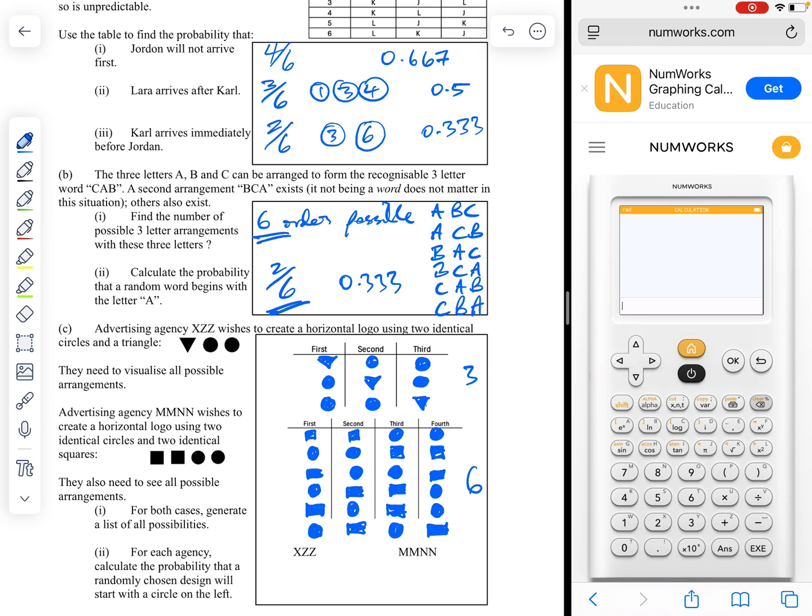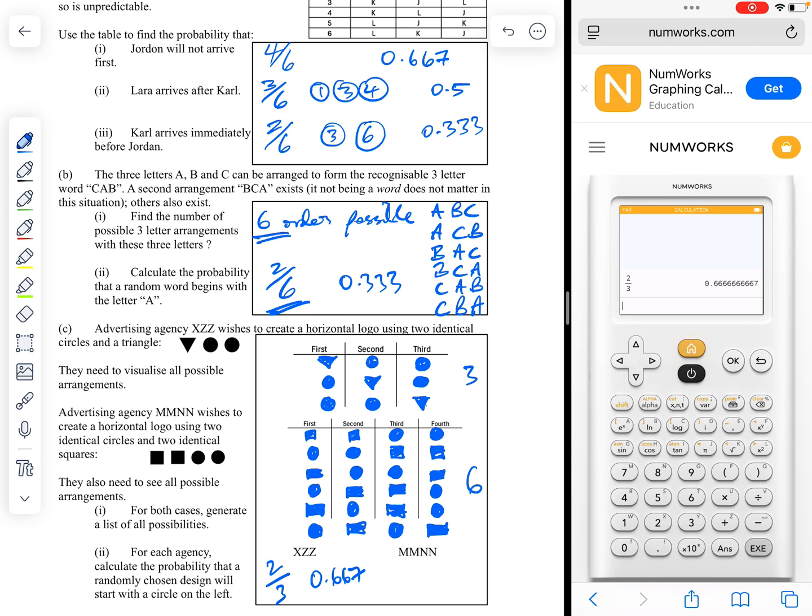Part 2. For each agency, calculate the probability that choosing a design at random, we will start with a circle on the left. Here we have there and there. 2 of the 3 start with a circle. So that's 2 out of 3. In a calculator, 2 divided by 3. If we want a decimal, that is